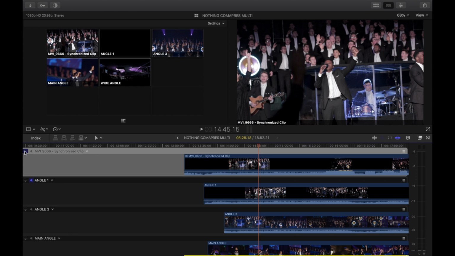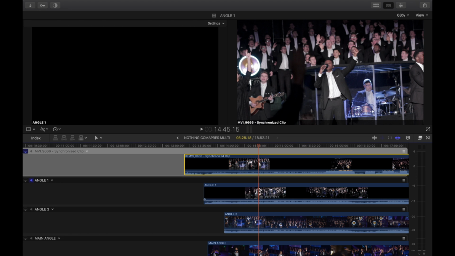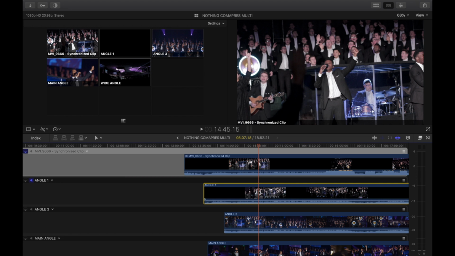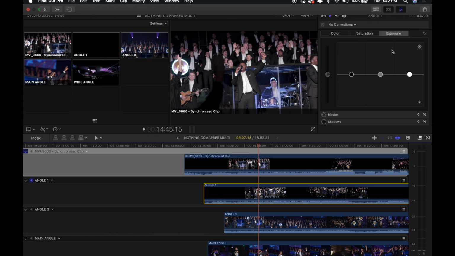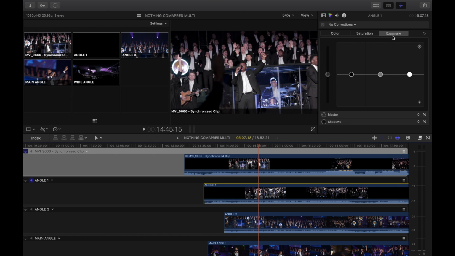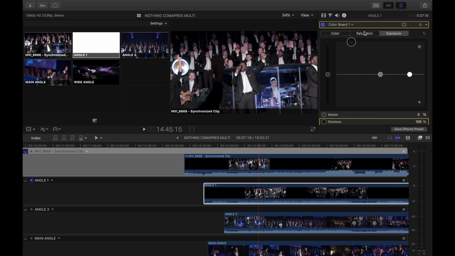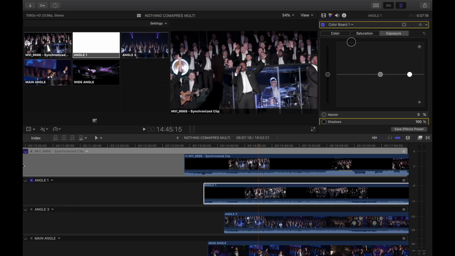So I have this set here, right? But if I select angle 1 by accident and I still have this synchronized clip set as my monitoring angle inside the multicam, and I go to do something like what you're going to do, which is color grading stuff, and I do some weird stuff, like let's say I pull the shadows way up. You can see on angle 1, I've turned it white because it's all black. But I don't see any of the changes that I'm making because I'm monitoring this one,